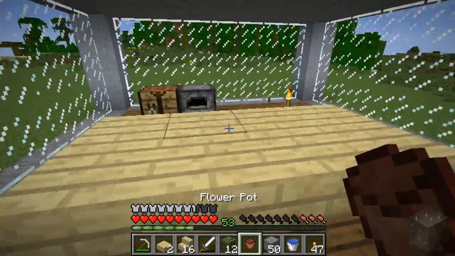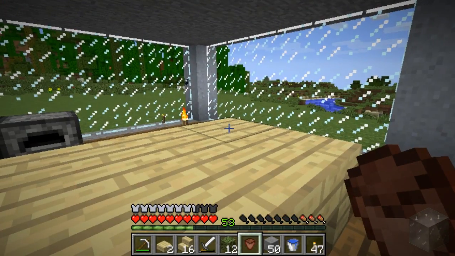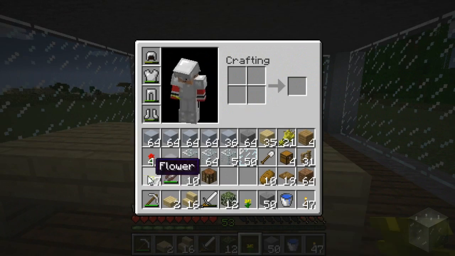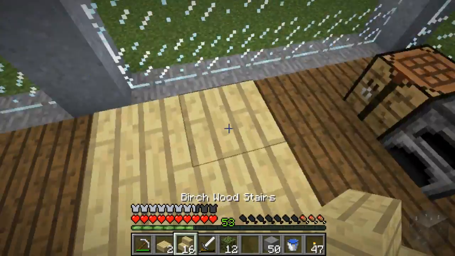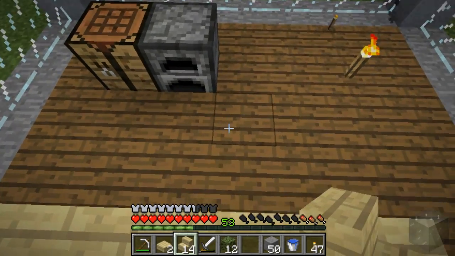And their thing will be on this side of the table. Why not? Right there. Let's give them a yellow flower, because I don't use those much. I mean, I like the red ones better, but, you know, yellow flowers are good too. So, I'm going to give them similar chairs like the double ones I did, just because...